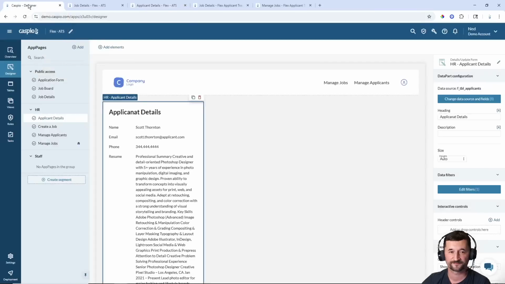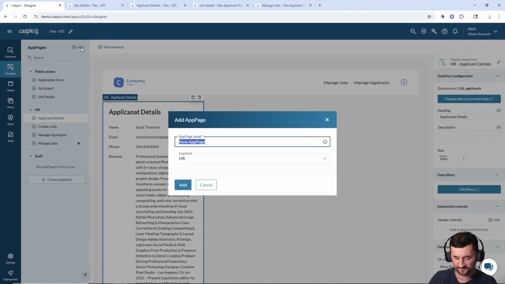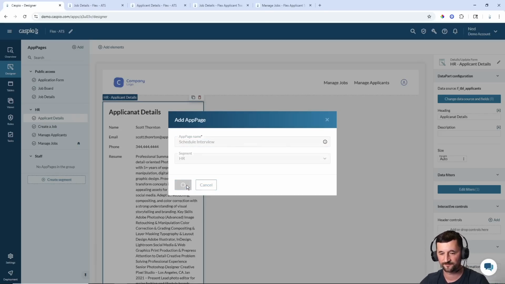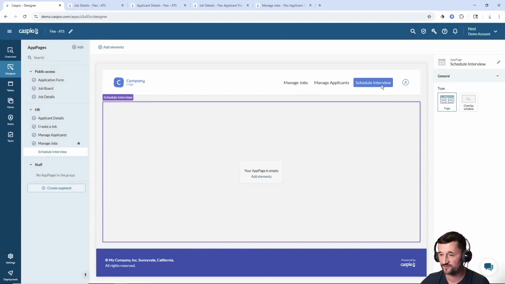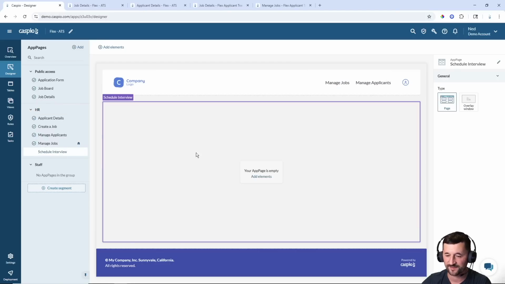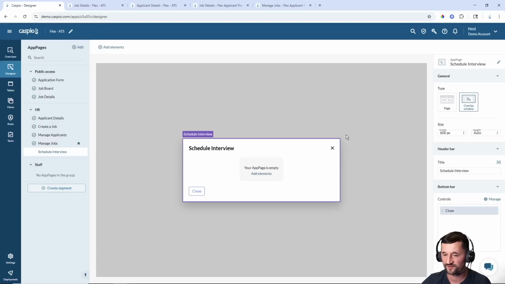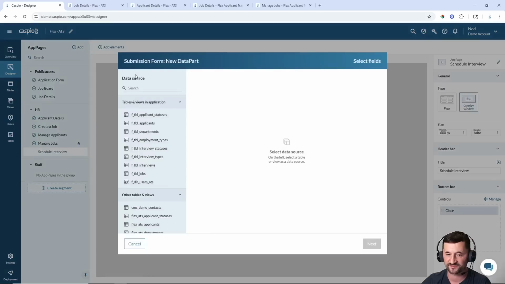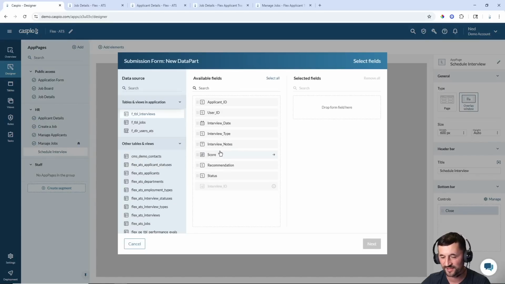All right, now let's set up a page to book the interview. Well, that's fun. So we're going to create a new app page. Let's call this one create interview or schedule interview. Schedule interview inside the HR segment. Once again, you will see a part of your navigation menu. My preference, I always like to go inside the HR segment and just quickly hide it because we don't need to see that. And then you go to the schedule interview app page, and this is going to be an overlay window. We're going to add elements, select our submission form, select the interview table, and let's move